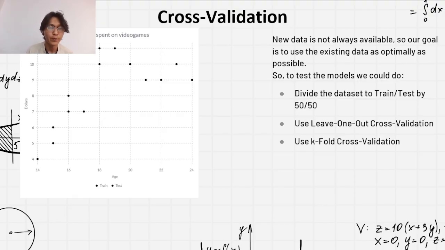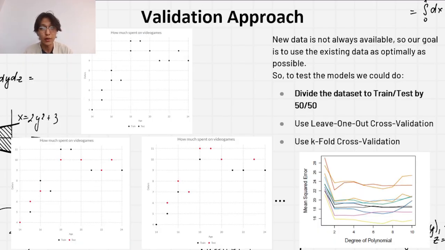possible. So what we could do here is, firstly, let's say we want to check if a quadratic model performs better or if the cubic model performs better. So in order to check that, we firstly could divide the data set by 50-50 into train and test sets. As we see here, the red one is the test one and the black one is the train one. So how much is spent on video games depends on age, let's say, and we firstly perform training